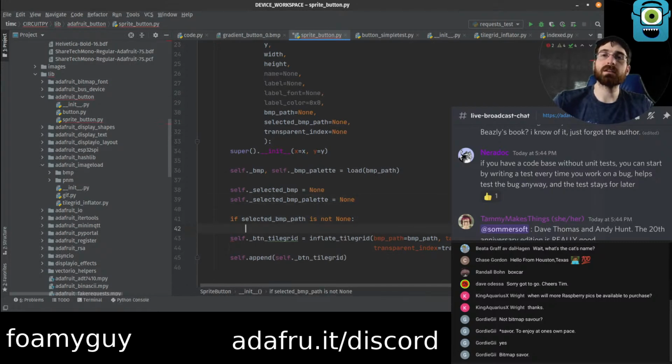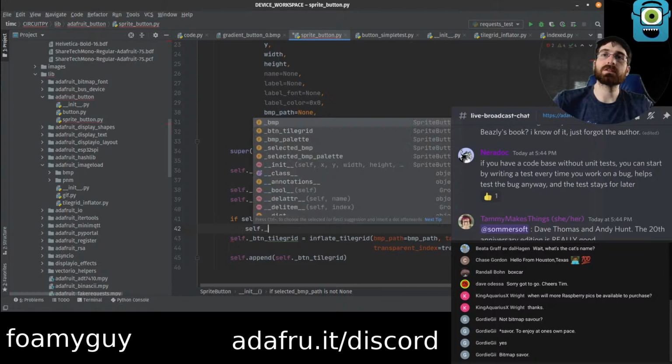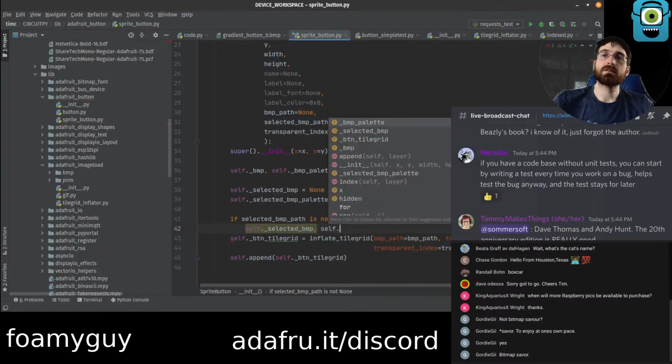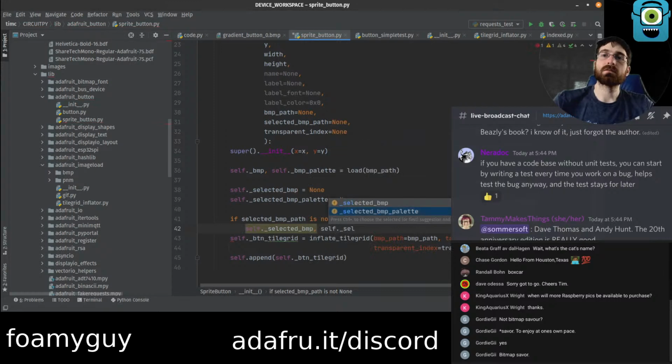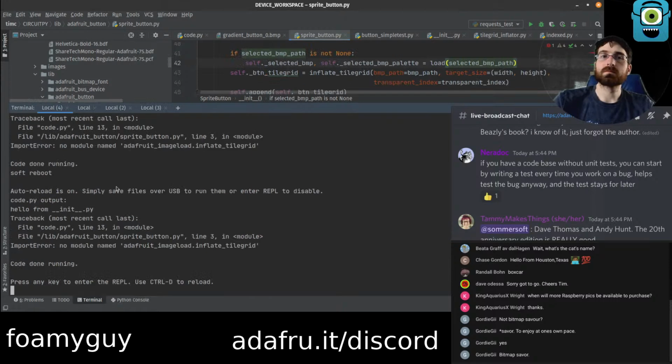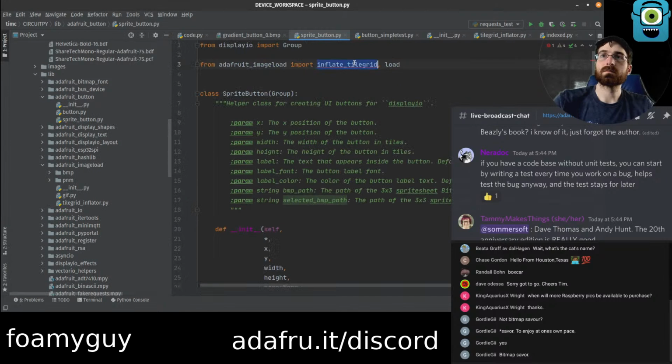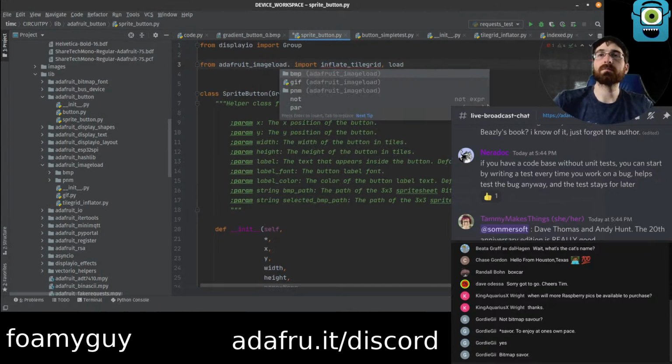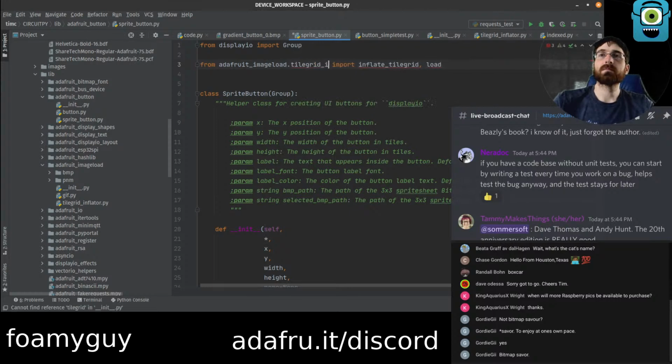All right, palette for this also. That is not none, then we fill these things. Oh, right, I see, yeah. There's probably some way we could get these on the same line, but I don't know how.